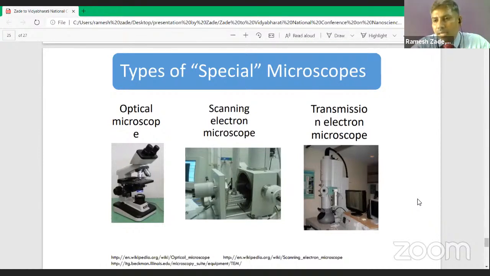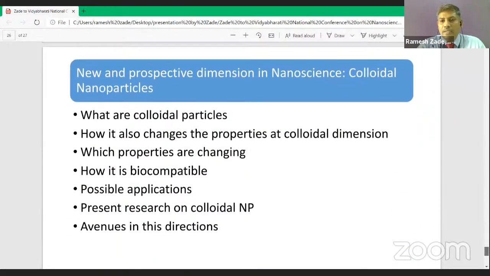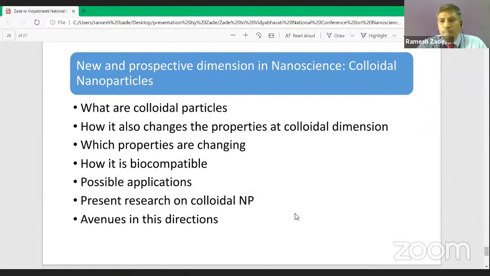Actually, as I told in the beginning, this nanoscience was already present in nature. What makes the difference is basically these probes or characterization techniques. Because of advancement in characterization techniques, we now have this advancement in nanotechnology. And this is the last slide which I want to project before you. Young researchers and young students can look at this particular aspect of nanoscience and technology, which is still in the infancy stage. It is not yet developed, because physicists are mostly concerned with solids or materials which are used